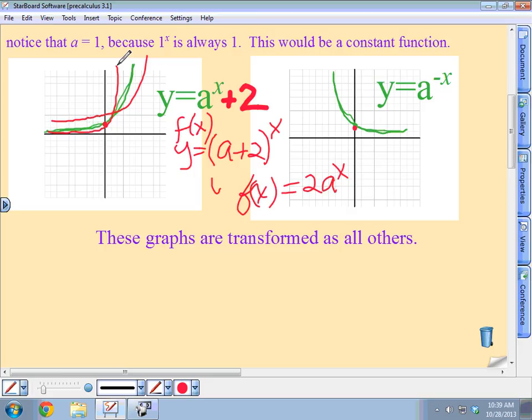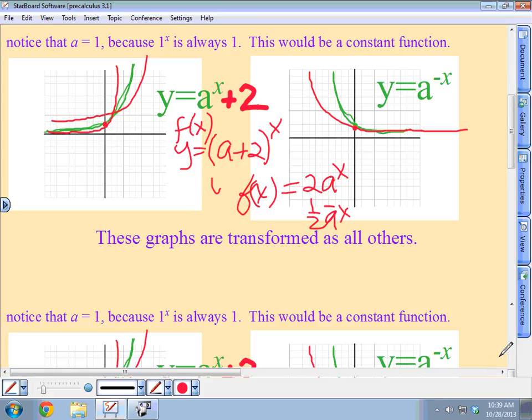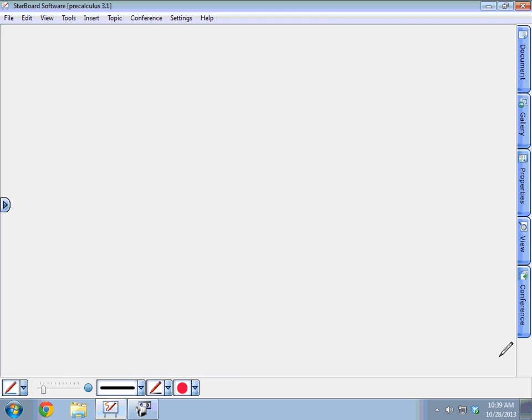All right. And then of course, if it was one half a to the x, or let's say a to the minus x, so I can do it over here, then it would just shrink down a little bit away from there. So it's going to do all the normal transformations. There's nothing new other than this is the exponential function. And so once you know what the exponential function looks like,